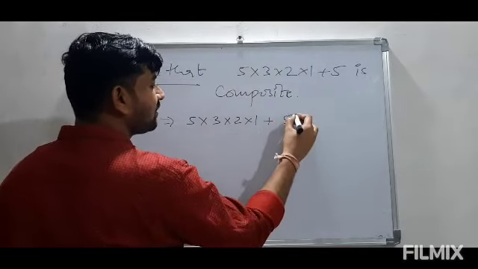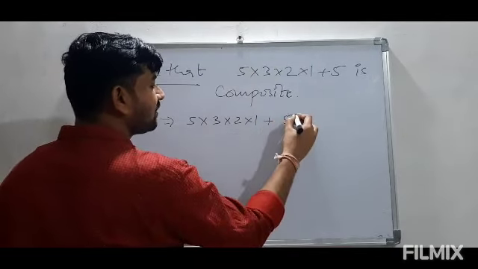So in this first chapter, till now we have discussed Euclid's division lemma, and just now we discussed the fundamental theorem of arithmetic. As I told you in the first video, I will be covering a total of 4 topics. First was division lemma, second fundamental theorem of arithmetic, third rational numbers and fourth irrational numbers. So now first of all I will be taking up the irrational number part.